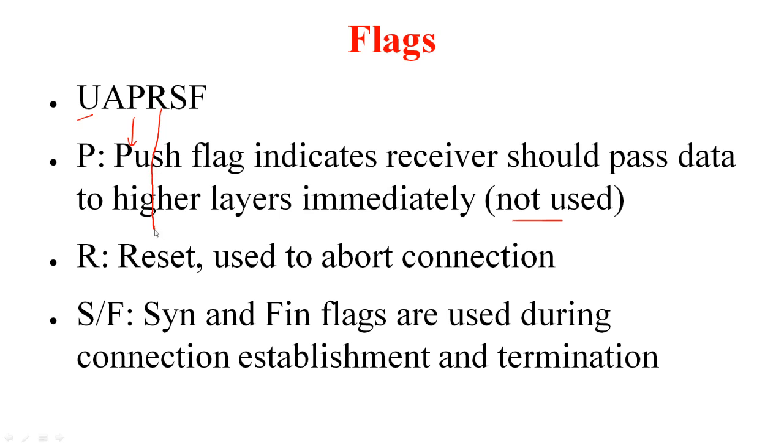R stands for reset. So whenever this flag is set, it is indicating that whichever side set this flag wants to abort the connection. Basically, you make use of reset whenever you receive some data which confused your state. For example, some packet with a sequence number that you should normally not see, in which case you are going to reset the connection. Similarly, the SF flags stand for synchronization and finish flags. They are short for SYN and FIN flags. These are used during the connection establishment and termination. We will see more of this later when we talk about connection management.